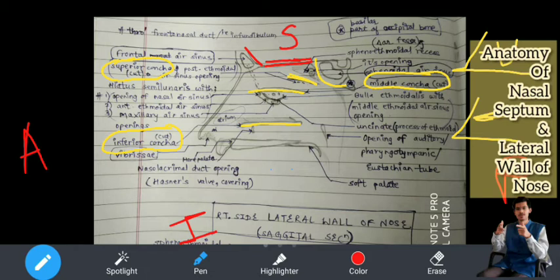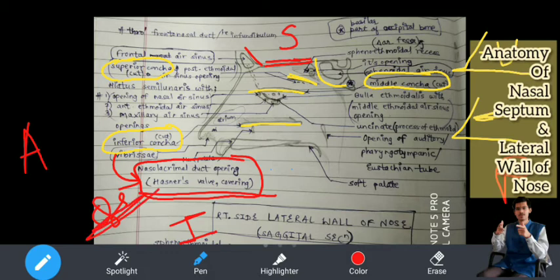Why did I mention it? It is in line with the inferior concha, toward the front, on the posterior side here. Now if you see, what do you see? You see that the inferior concha's connection is with the opening of the nasolacrimal duct, which is called Hasner's valve. Important MCQ question: where is Hasner's valve present? This can be a very common MCQ question, but it's a depthful question. If you have studied, then only you can tell. So what is below the inferior concha? Nasolacrimal duct. I will put it in red.